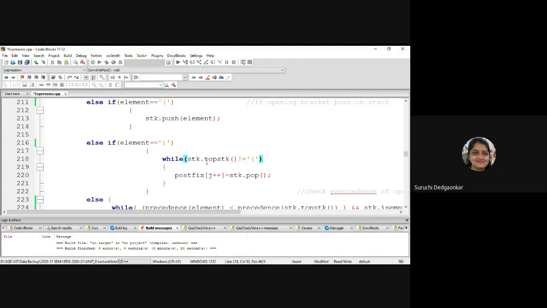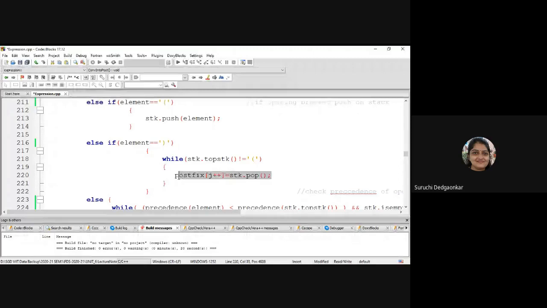Okay. In the top of the stack, it is an opening bracket. Until then, pop every other character and copy into the postfix. Okay. This is for closing bracket.